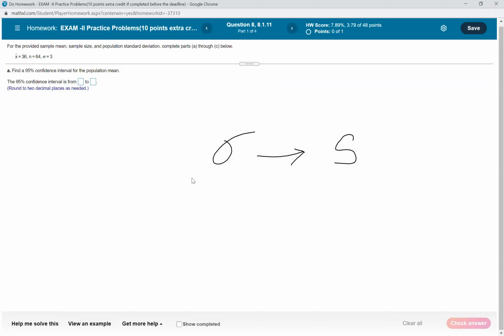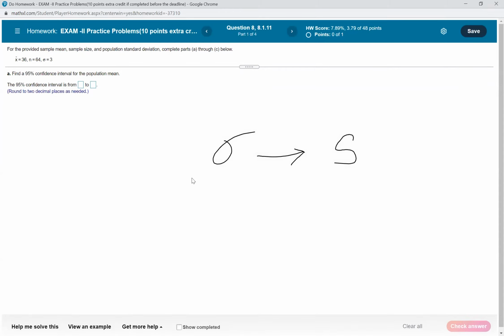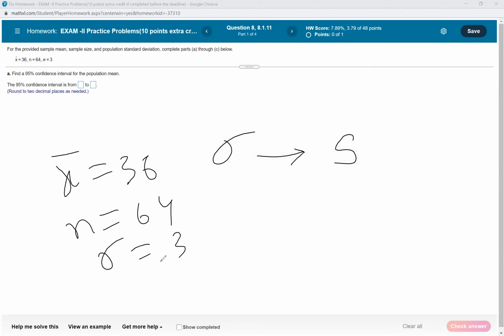Okay, so now find for the provided sample mean. We have the sample mean, we have the sample size, and we have the population standard deviation, and we have to complete part A through C. So we have the sample mean x bar, which is 36, and we have n equals 64, and we have sigma is 3. So we have to find the 95% confidence interval. So what is the 95% confidence interval? The 95% confidence interval is